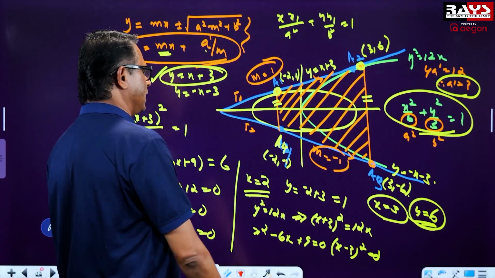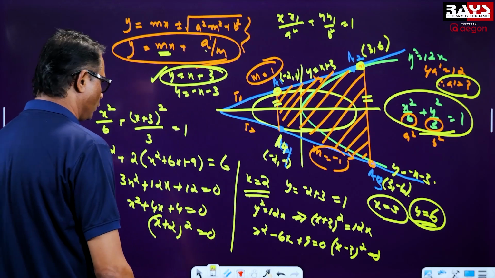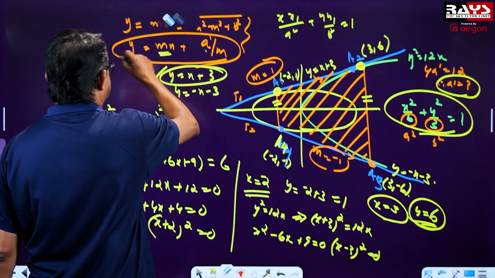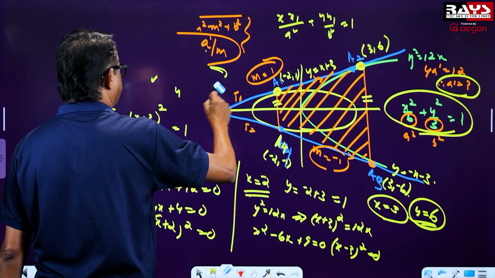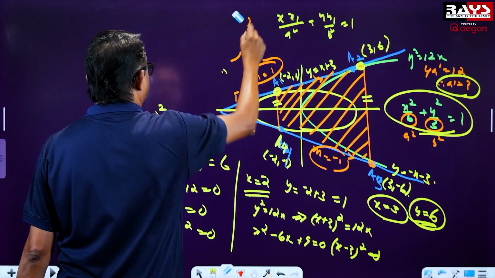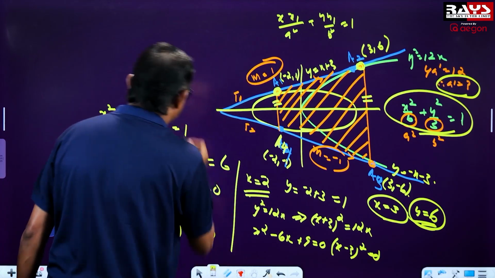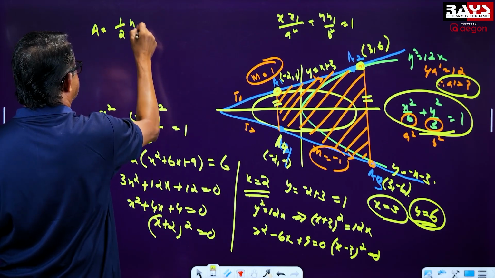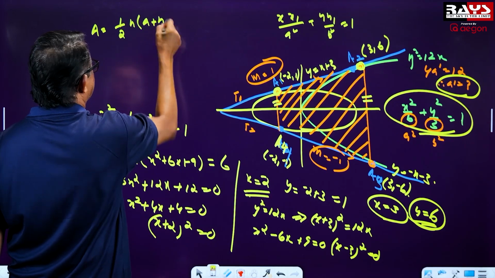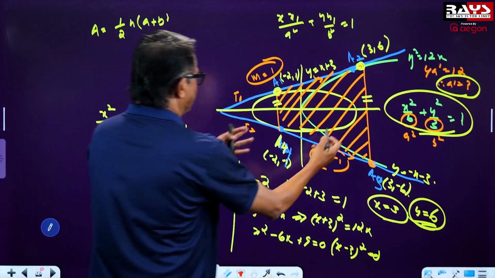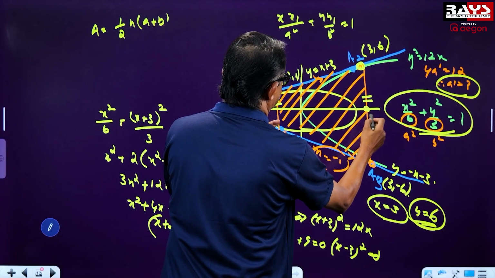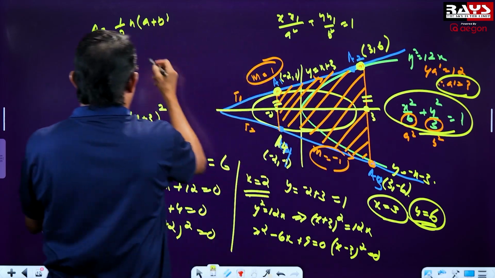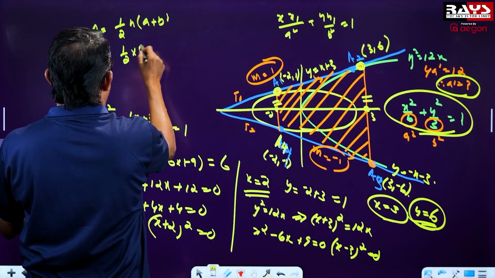So what is the area of a trapezium? Half h into a plus b. So area of a trapezium is given by half h into a plus b. Let us find the area of the quadrilateral. Now the distance between the two sides: this is 3 and this is minus 2. So what is the difference? 5. So half into 5 into